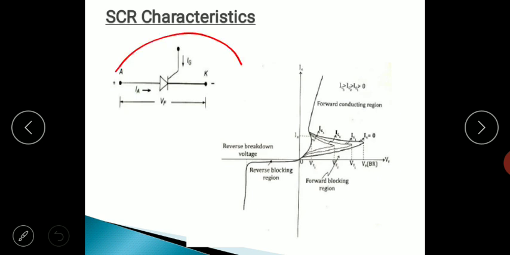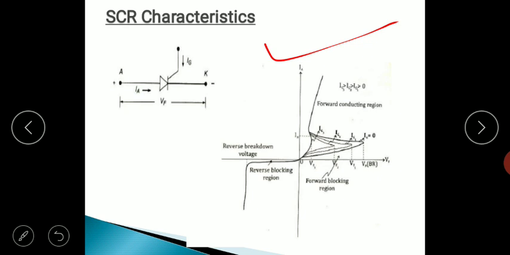This is the circuit symbol of the SCR, wherein the positive voltage is applied to the anode and negative voltage is connected to the cathode, and sufficient gate current is passed through the gate to ensure that the SCR is on. Now you can see the characteristics of the SCR.